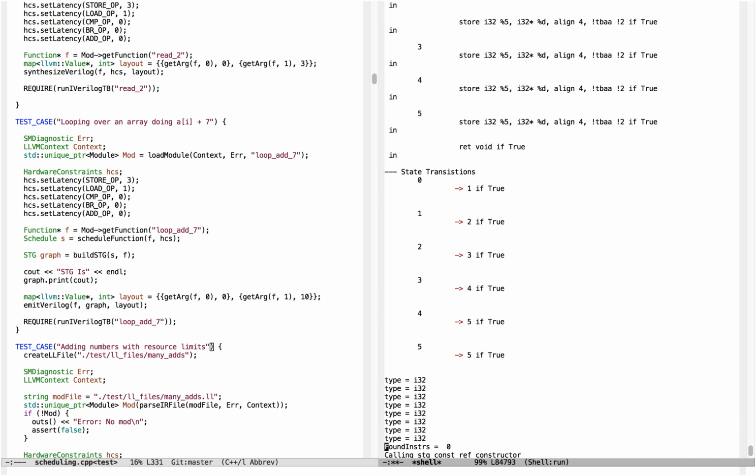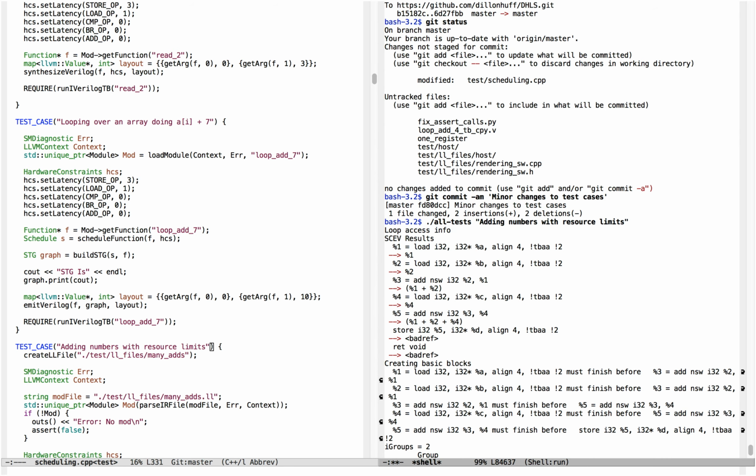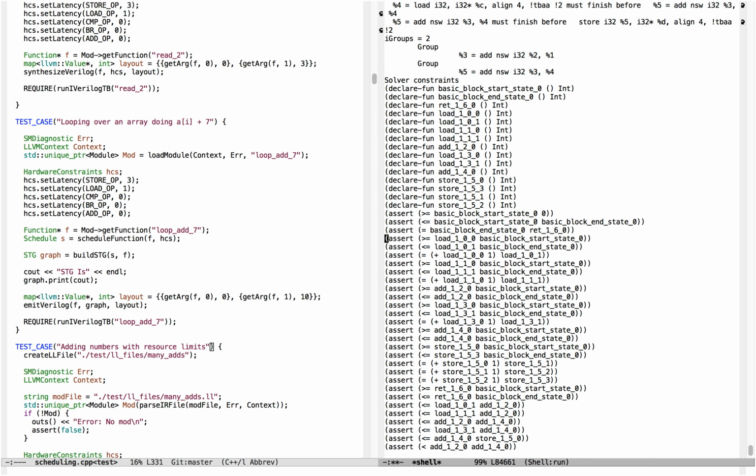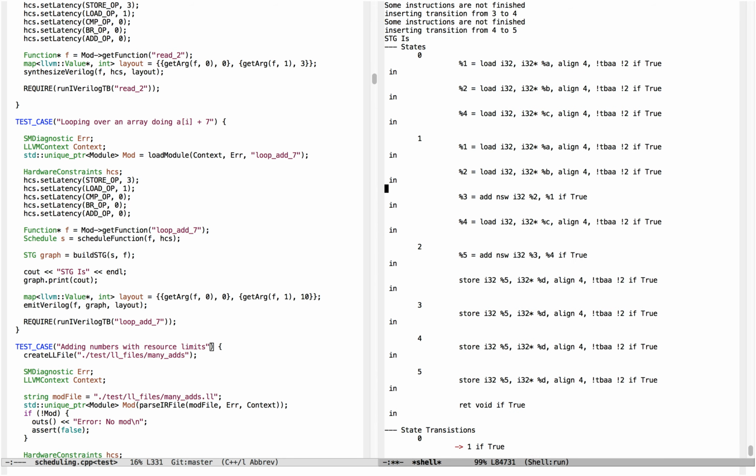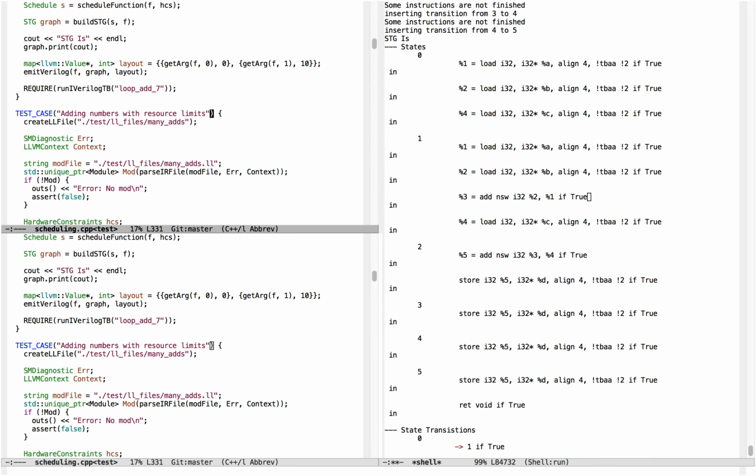So it passes the test, and up here, what you'll see in the state machine is we have a bunch of different states, 0, 1, 2, 3, 4, and 5. And again, there's no control flow in the program, so the state transitions are pretty boring. But what you'll see is that the first add in the program, and maybe I'll just open the LLVM version